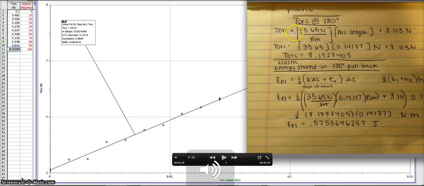Okay, so just something really basic that a lot of people forgot to go over that we need to add to our other screencast: when you look at the torque and arc length graph, you are basically looking at the same graph that we looked at when we were first learning about spring constant. Originally, we had a change in x on this axis and a force on this axis, which is basically what